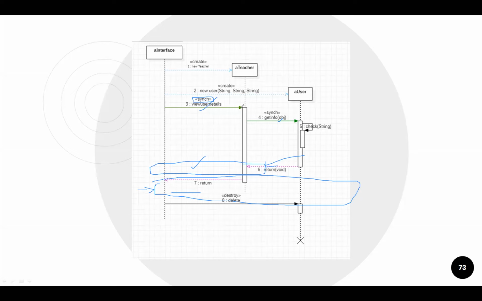Dipanshu, tell me, from this line to this line, why are we stretching this line from here? Why are we not stretching this line from here only? Why this gap? Because it will take this much time for calling the functions in this one. Yes, fine. So Dipanshu is saying, sir, because this view user detail has to execute some lines, and after executing some lines and spending some time over them, we come to this get info method, and then the get info method gets executed. So that's why this particular gap.